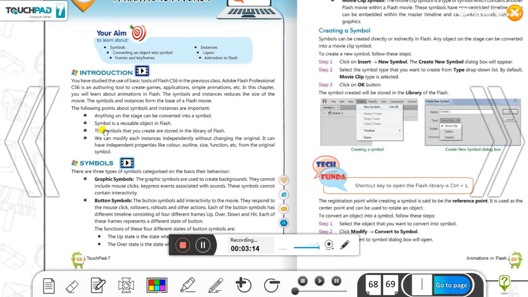Second, a symbol is a reusable object in Flash. And third thing is that the symbols that you create are stored in the library of Flash.